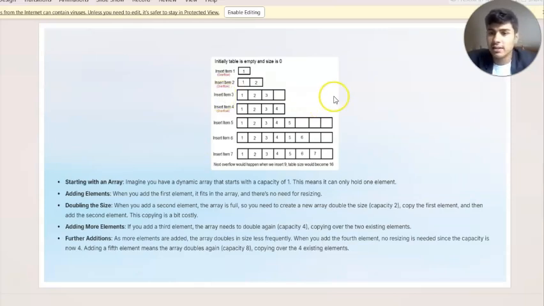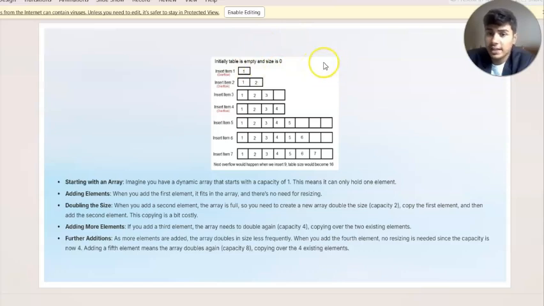Now let's see an example here. See, if we have taken a dynamic array with one element capacity. While adding the first element, we did not need to resize it. It got directly added.